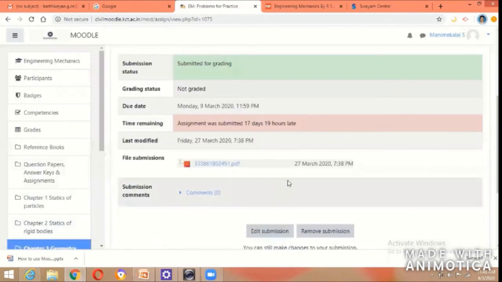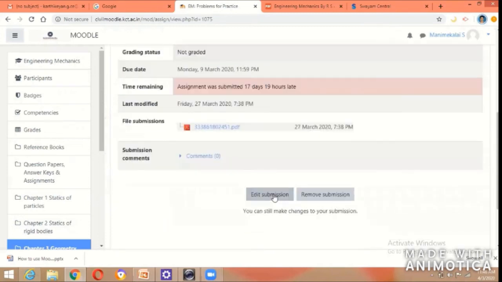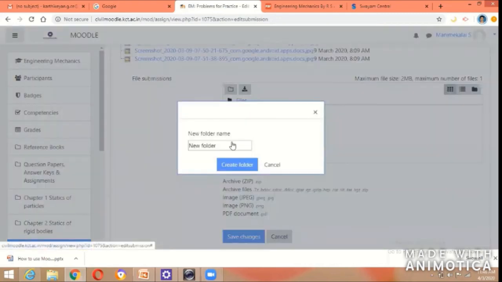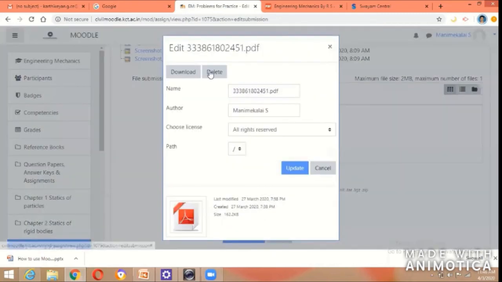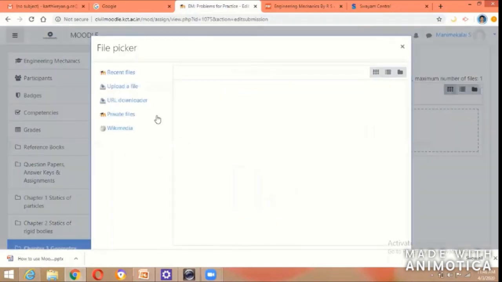Suppose I have already submitted one file and I want to edit the submission, you can just click edit submission. Add a new file, or first delete this file. All the things I am doing are in a student window, not the teacher window. You can do all those things that I am doing here.